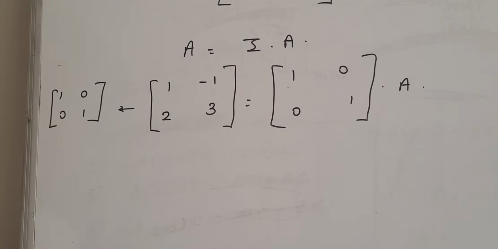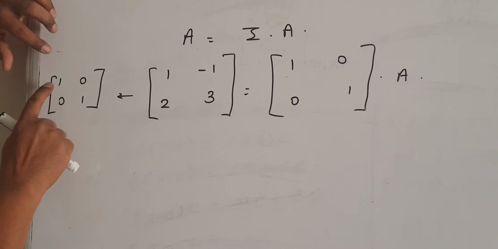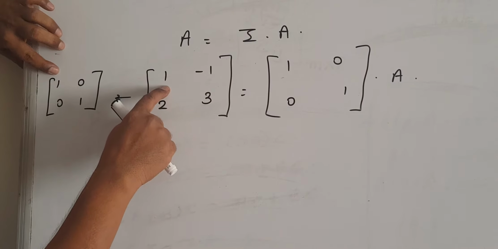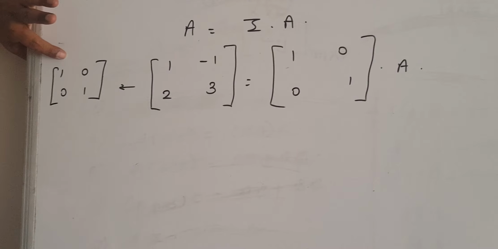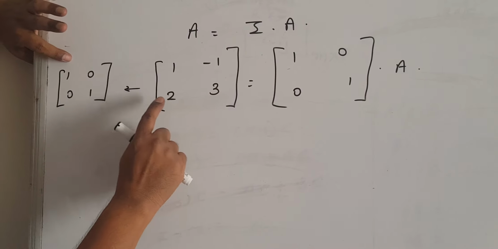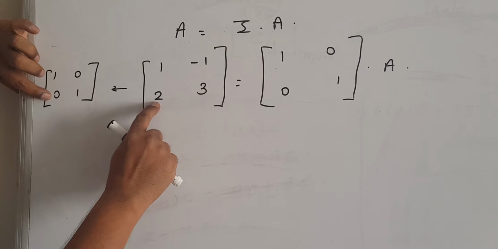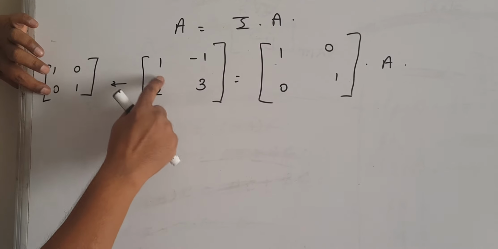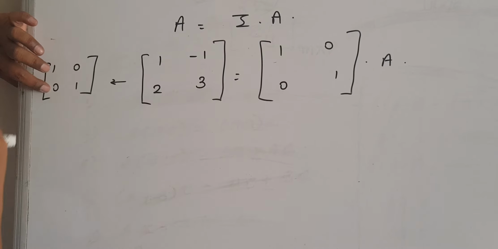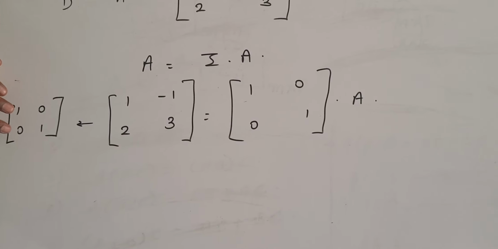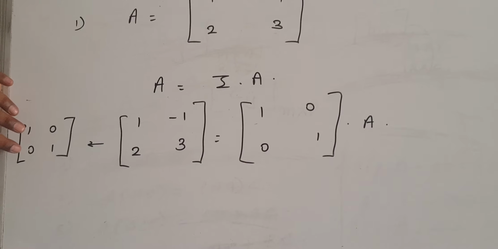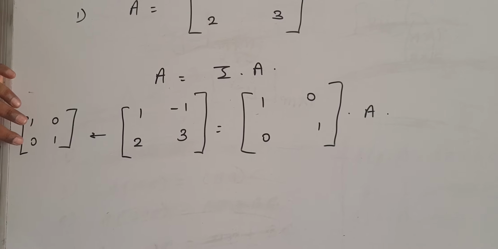Is it visible? Yes. This first element, we want a 1, and that is given. So okay, no problem. We keep it as it is. Now we want this place element to be 0. So what do we do here? We cannot just write 0 roughly, we cannot just put 0. You have to apply an elementary operation.